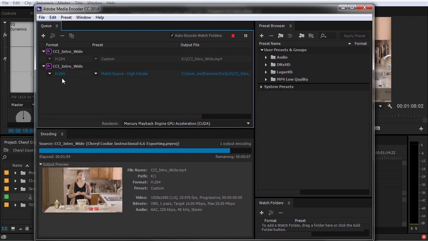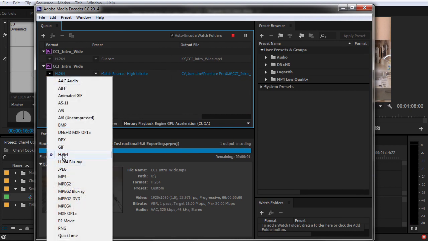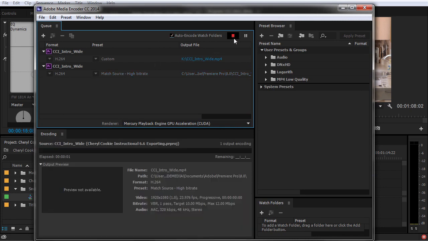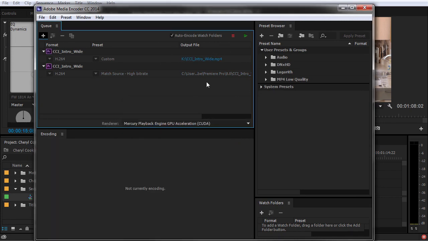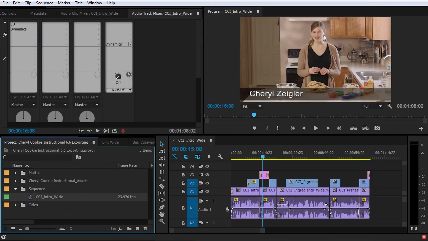Now, when it gets added, it may not be set up for the right encoding settings, so you can jump down here and you can set it if we wanted to have this. Whoops, okay. It actually just started encoding that there. So I'm just going to delete this, and I'm just going to delete this. So let me try that one more time.